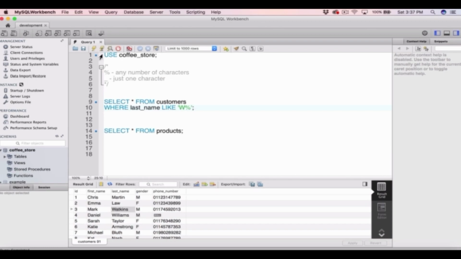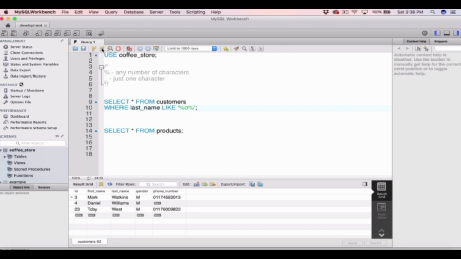So let's see what it returns if we run this query. And we see it's returned all our customers who have a last name that begins with W. So we have West, Williams and Watkins. The percentage sign is looking for any number of characters after the W. And we don't have to only use one percentage sign in our like statements. We can change this to an O and then have a percentage sign before the O,